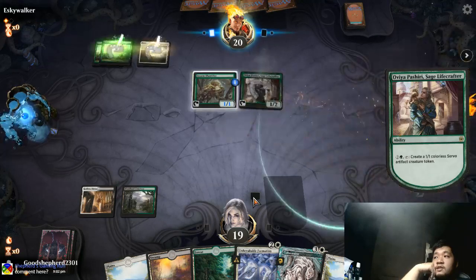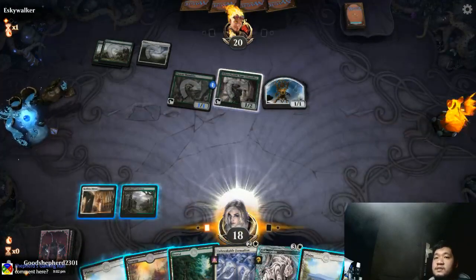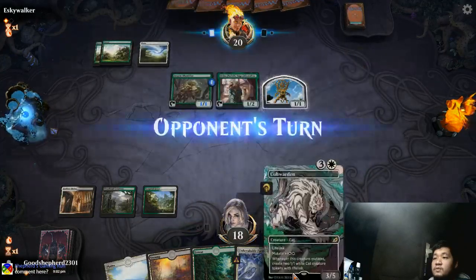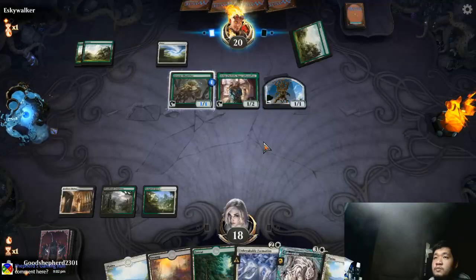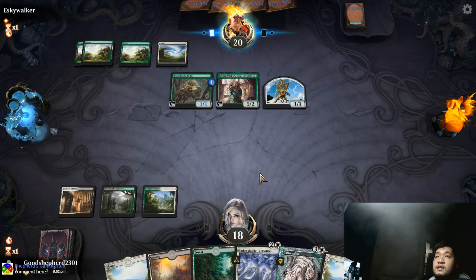Opponent, if they're smart, they just make a token. They're just waiting to hit that mana. Ugh. We get the Cub Warden and we can get Unbreakable Formation on it, but this is really bad. Like the game decides that, nope, you don't deserve to win. Maybe